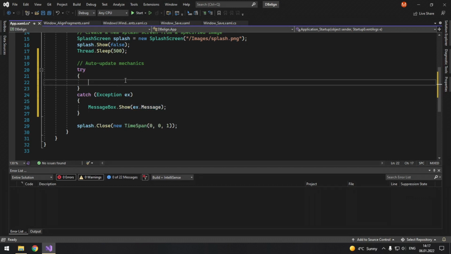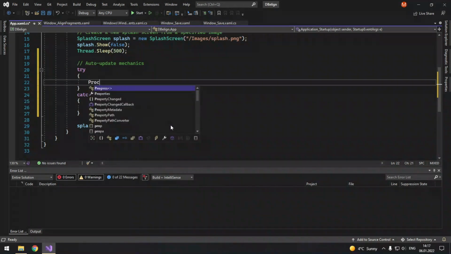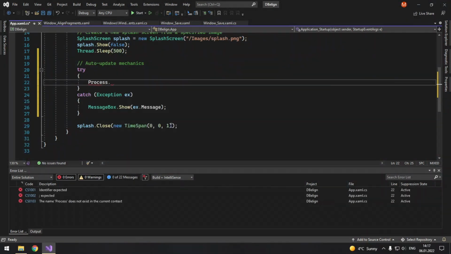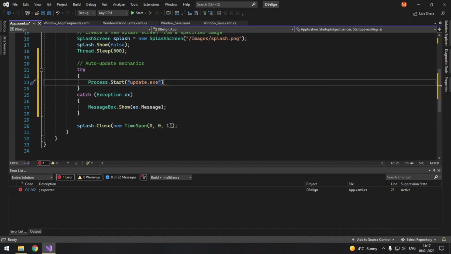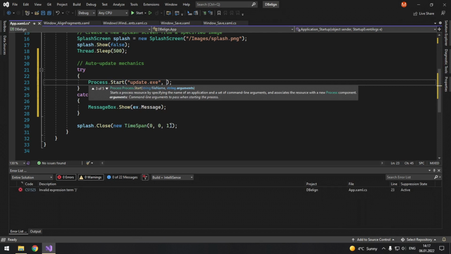And what you simply do here, while your splash screen is visible, you just use process, press Ctrl dot, start, and you launch your update program, for example update.exe, and you use, well, I don't know what parameter you're going to use in your program, but for example it can be silent.